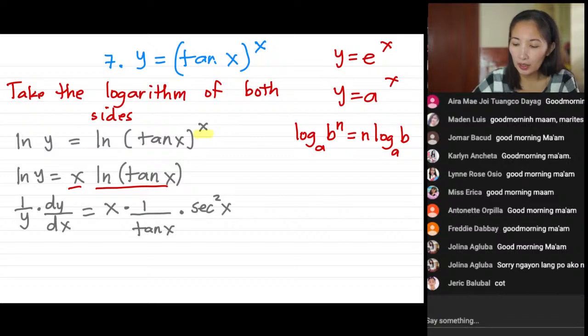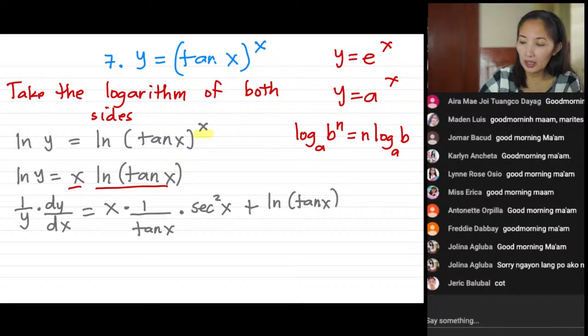This is only u times dv. Now, plus v du: the second factor, natural logarithm of tangent x, times the derivative of the first, which is 1. Since we only want dy over dx, we can now multiply the whole equation by